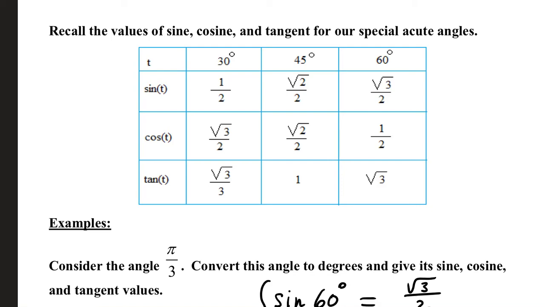Recall from the previous video that we have values of sine, cosine, and tangent for our special acute angles. Those were derived from equilateral triangles and a square, and by cutting those in half. If you need to refresh yourself, check out the video above